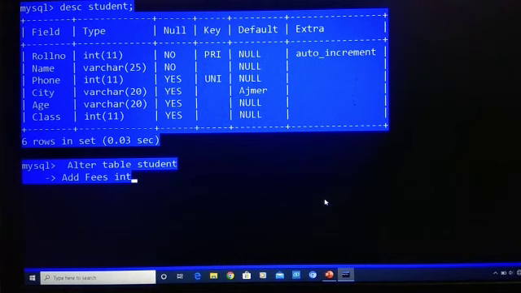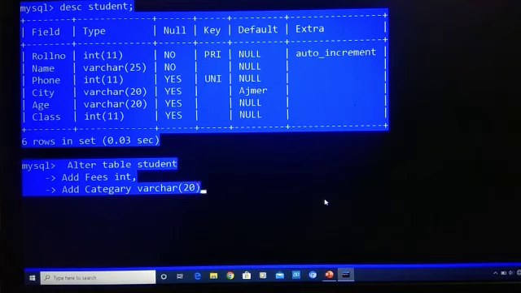Is it clear? Comma, next column, add our next column category. We will write our column name category, and its data type should be varchar with size 20.